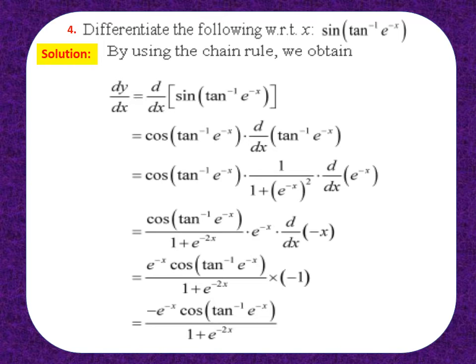So for tan inverse we are getting 1 upon (1 plus e power minus x) whole square. Now we have e power minus x, and the differentiation of e power minus x is e power minus x. Clear? Now according to the chain rule we have to differentiate minus x also. I told you, given the example of e power 5x, e power 3x, like that. So here we have e power minus x. Now differentiation of minus x is what? Minus 1. So multiplying all these results you will get your final answer. Clear? Apply chain rule, it is very simple. So pause and note down the solution.